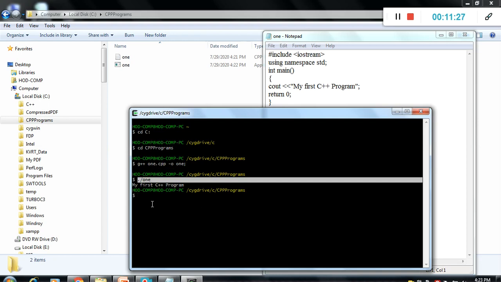This is simply the way to run your C++ code using Cygwin under the Windows operating system, and Cygwin contains the GCC compiler, which is actually the Linux compiler. Okay, in the next video lecture, I will explain how to run the code on a Linux operating system. Okay, thank you.